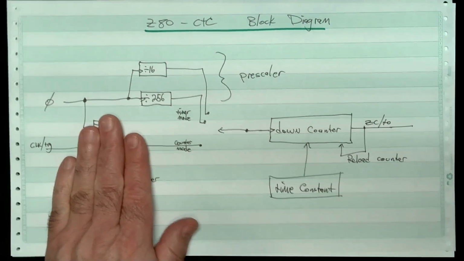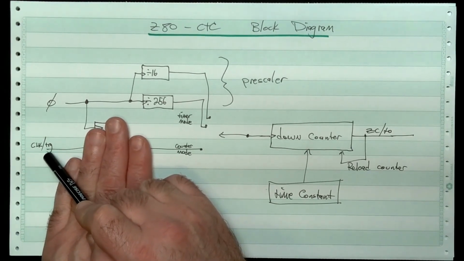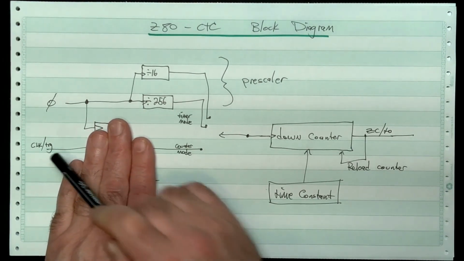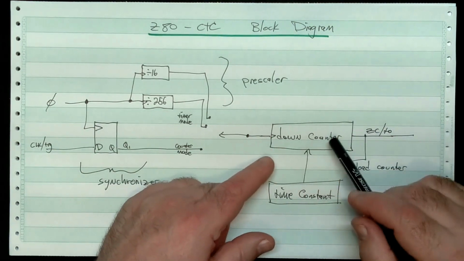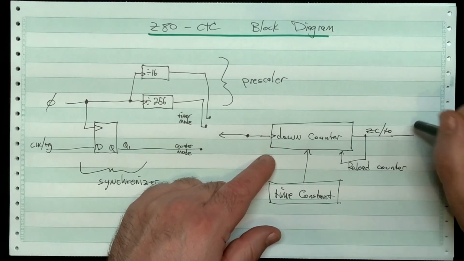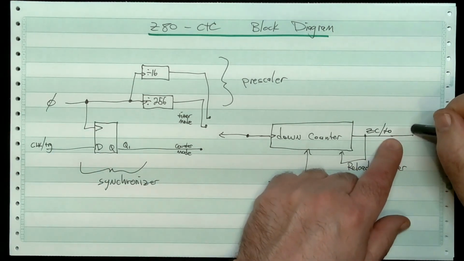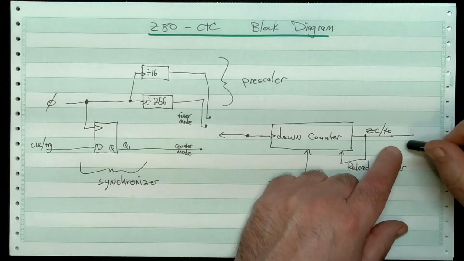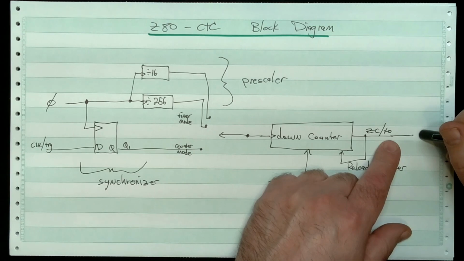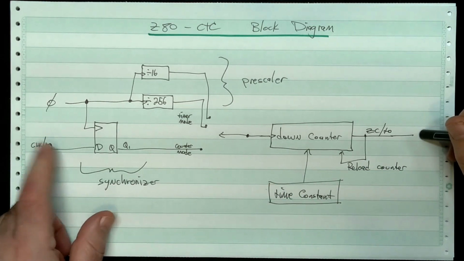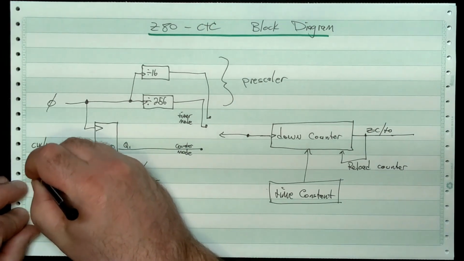Again, ignoring this, what happens is if you take the 1.84 some odd megahertz and you divide it by 1, in other words, you don't divide it at all, the value here would be 1.84 some odd megahertz, which is exactly equal to 115,200 bits per second times 16. Okay? That's why I chose that speed for this signal. This is what I call baud clock